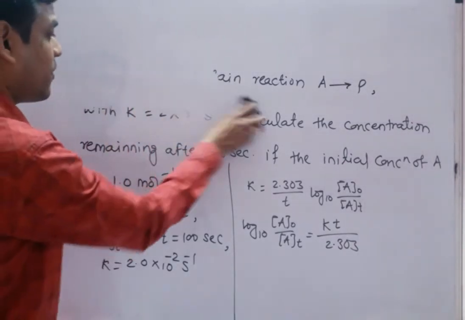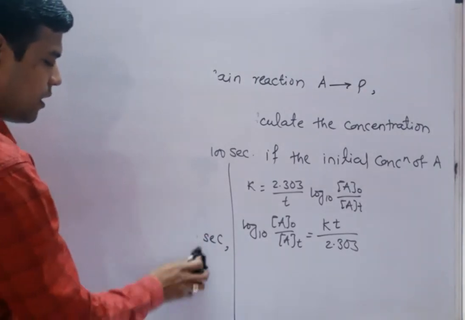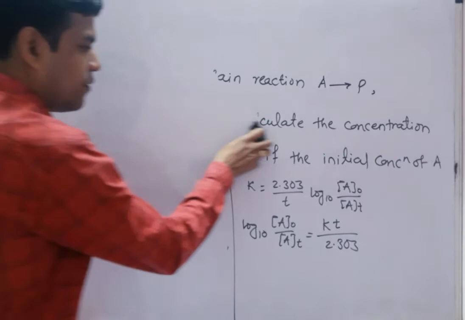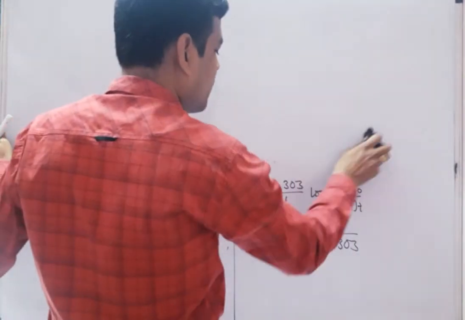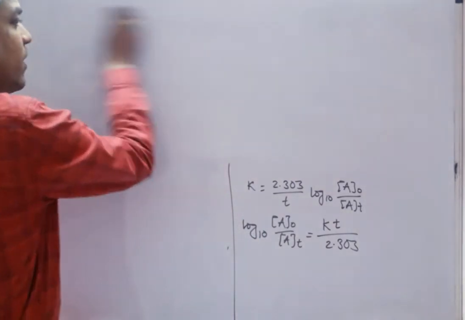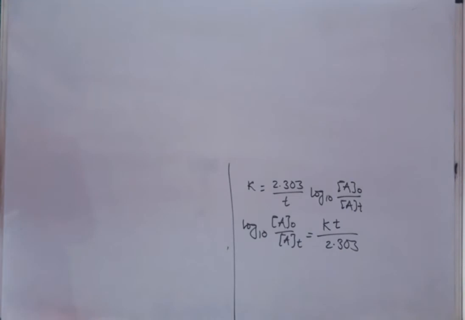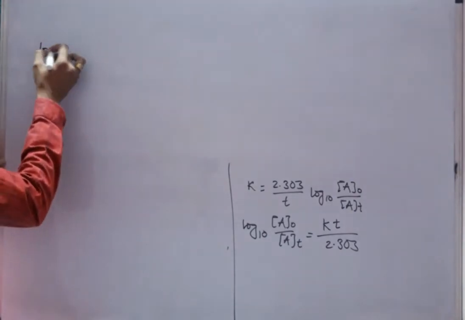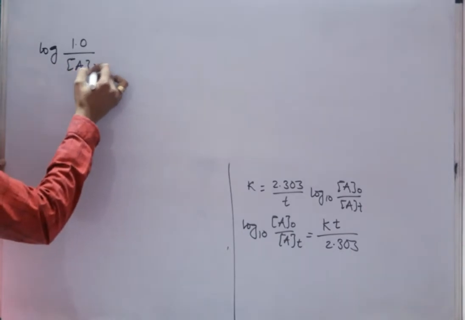After writing this formula, we can calculate the value of A t. Initial concentration is given, so we have to find out the A t value. Now put the values here: log of 1.0 upon A t is equal to